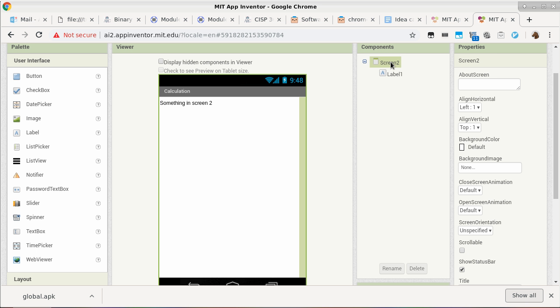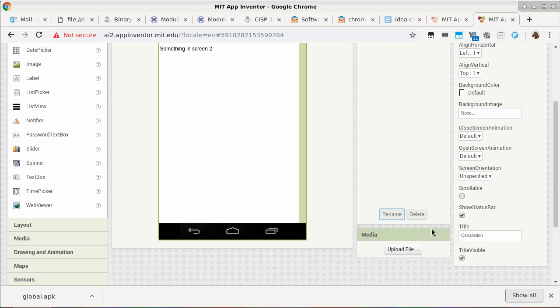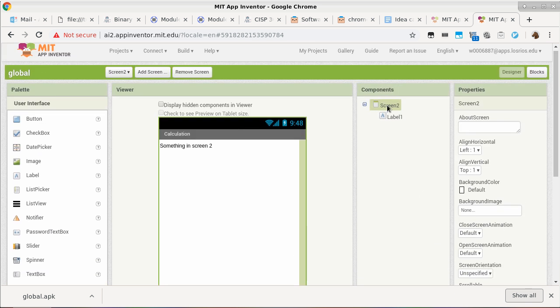Now, do you want to remain as screen 2, or name it according to what the screen does? That's up to you. I strongly advise that we change these to reflect what it does. But I can't change it.